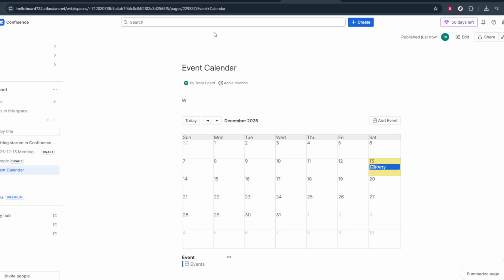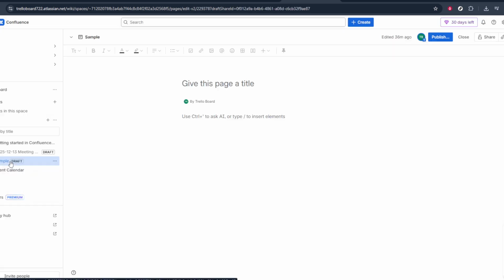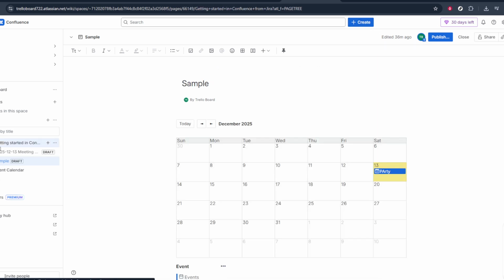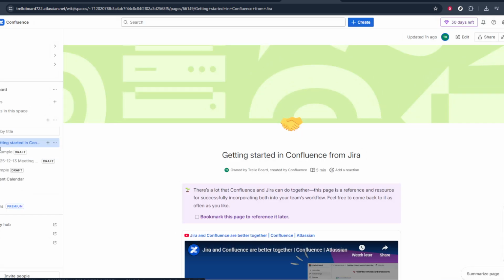First, make sure you're logged into your Confluence workspace and that you're in the right space or project area. From the left-hand sidebar or your recent pages list, select the page you want to work on. If you've been editing a draft, open that page so you're looking at it in the editor view. Take a moment to quickly scan the content. Check your headings, text, images, and links, just to be sure everything looks the way you want it to appear